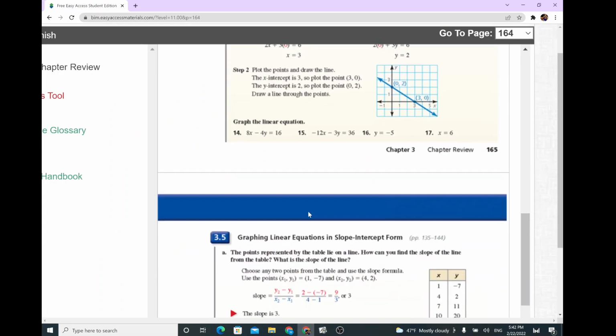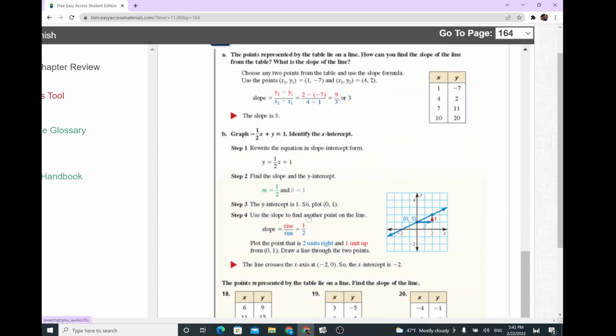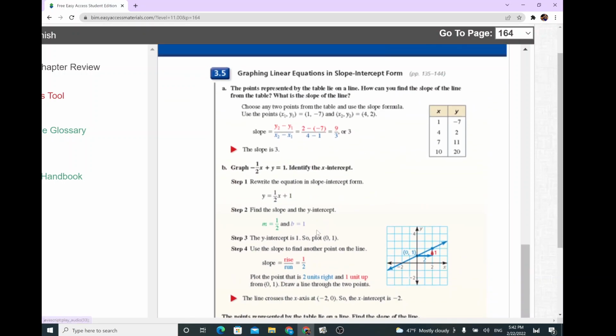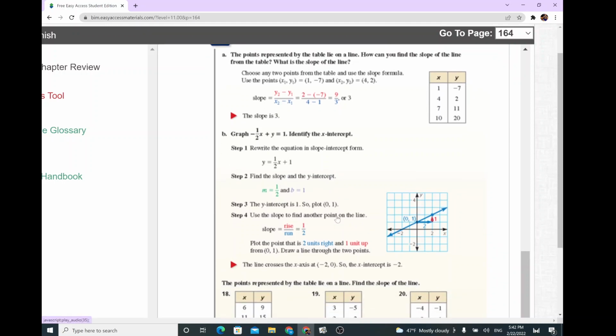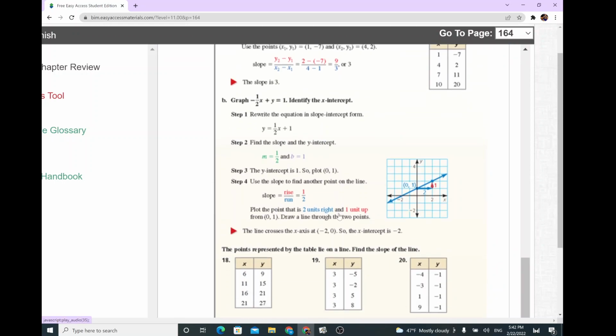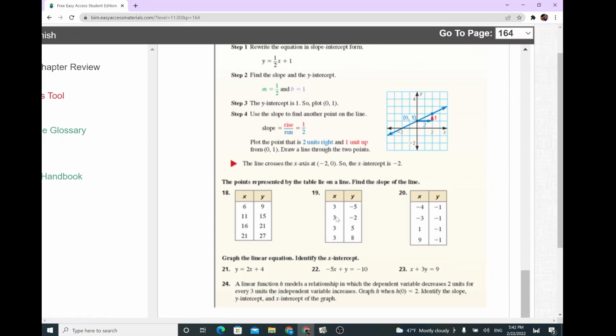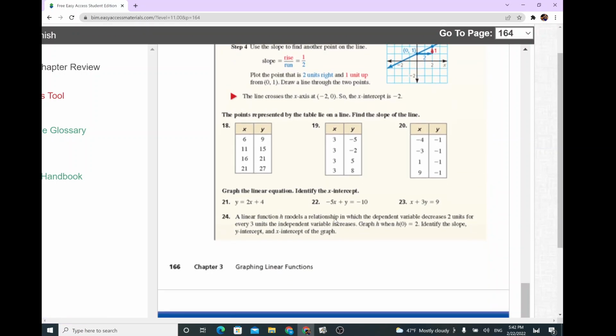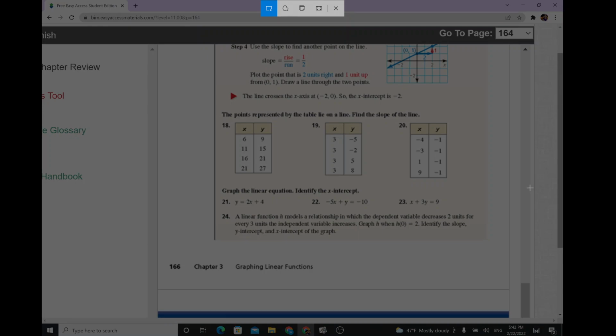So there are like 7 sections for this whole unit. And then 3.5 is graphing the linear equation in slope-intercept form. It's just like the one that we did: finding the slope, finding the y-intercept, and then using the y-intercept and the slope so we can figure out 2 points. So we utilize those two pieces of information so we can sketch the graph. So let's do the one with the table. And let's do the one with the equation. Okay, so we'll do